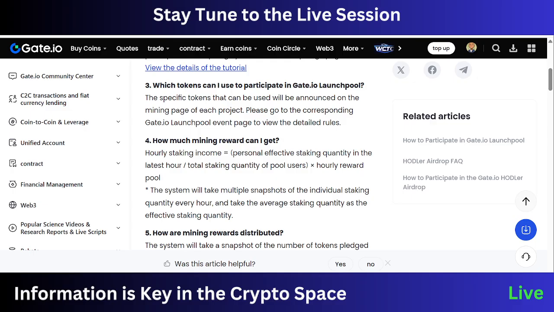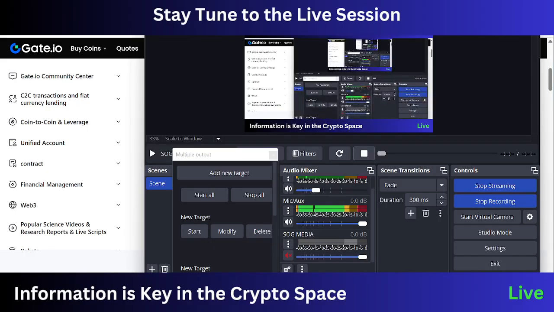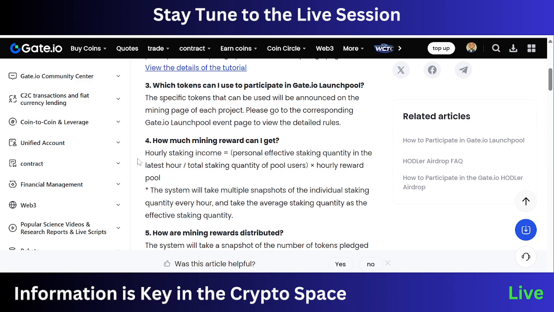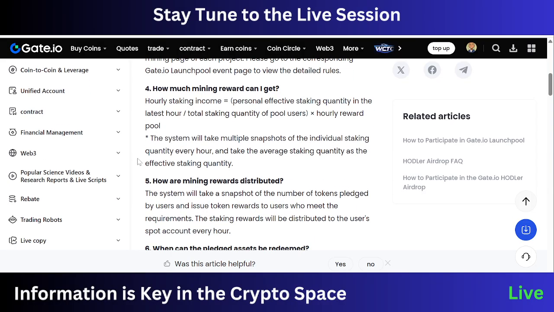The system is going to take a snapshot. It will take multiple snapshots of the individual staking quantity every hour, and take the average staking quantity as the effective staking quantity. So how are mining rewards distributed? The system will take a snapshot of the number of tokens pledged by users and issue token rewards to users